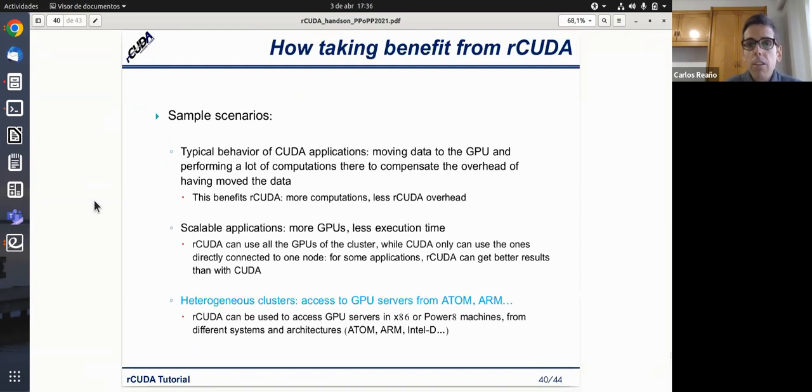Okay, more sample scenarios: heterogeneous clusters. This is not the case here, because all the nodes we have right now are x86.